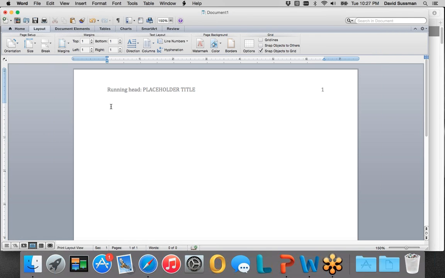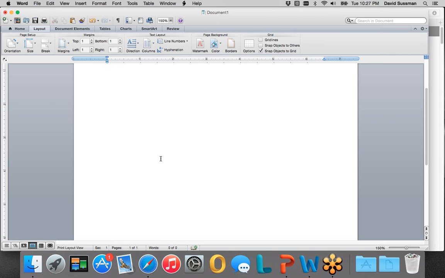And then what we need to do is go to approximately the center of the page. And we're going to do three things. We are going to type the name of our paper again, but this time not in all caps. So I'm just going to make up my generic title, placeholder title. You're going to put your name. I'm going to use my full name, and the name of your school. So the Los Angeles Film School.